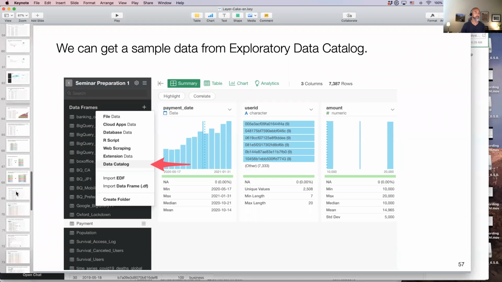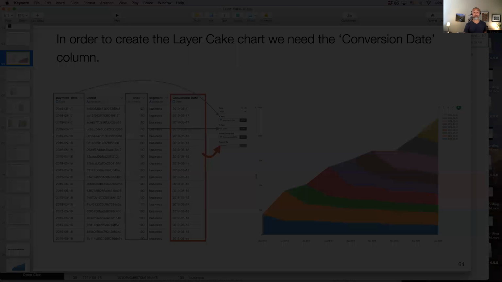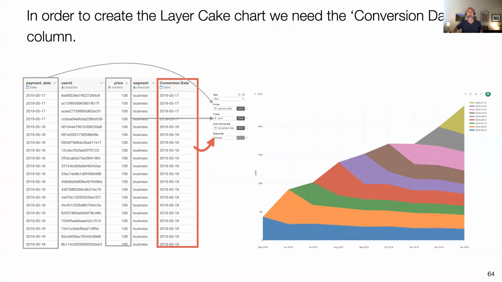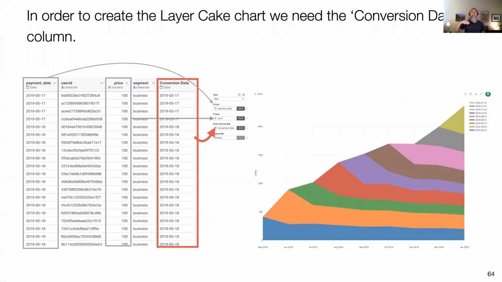So it takes a little bit of data wrangling. The right hand side is a chart. This is where we want to get to. However, to create this chart, this one is pointing to repeat by. No, it's actually color by. Okay, here you go. In order to create those cohorts, in this case the cohort is presented as a color,